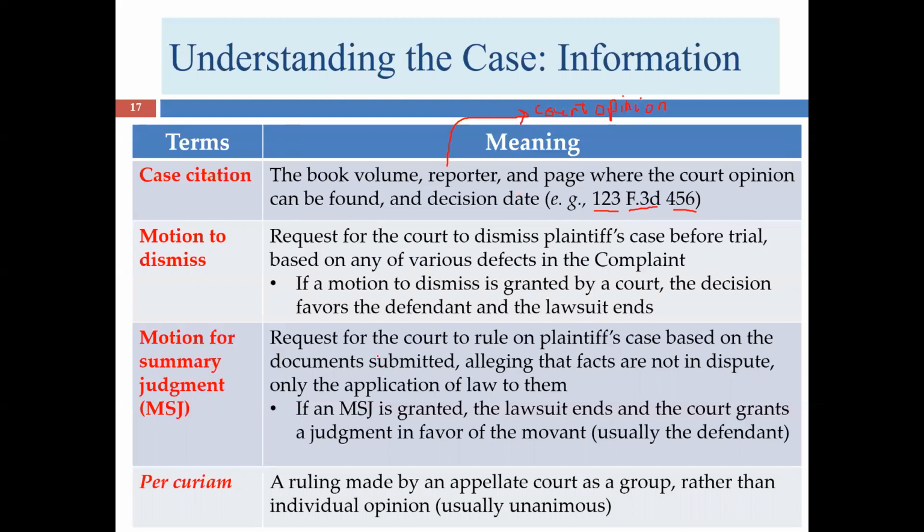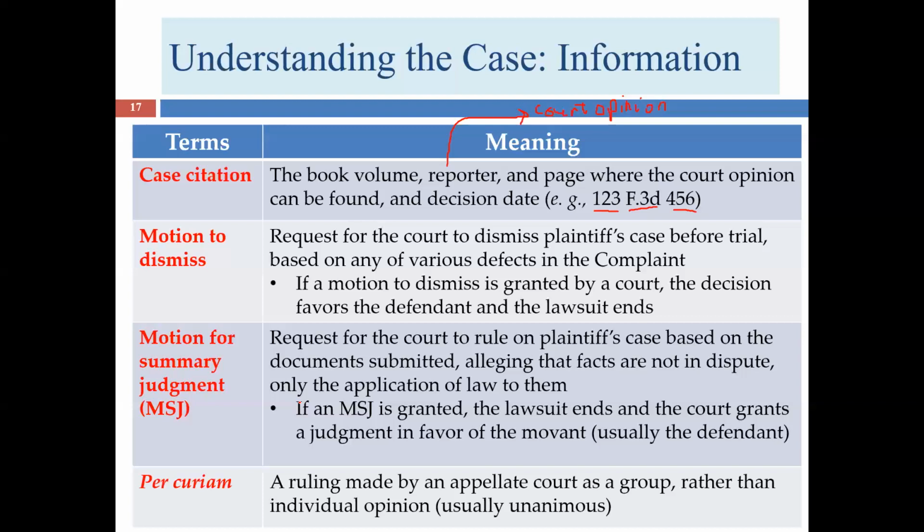A more common motion to file, and this one really is very, very common in federal court especially, is a motion for summary judgment. This is also filed before trial, but it's usually filed later in the case than the motion to dismiss. Typically it's the defendant, although in theory it could be the plaintiff. The defendant is saying, Your Honor, it's not possible for the plaintiff to prove his or her case, so you ought to just go ahead and dismiss the case now based upon the evidence. That way we don't have to go through the time and expense of a trial.